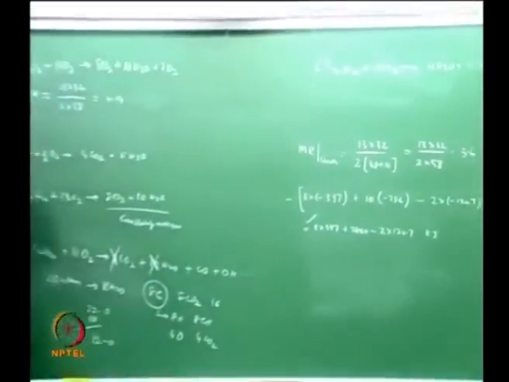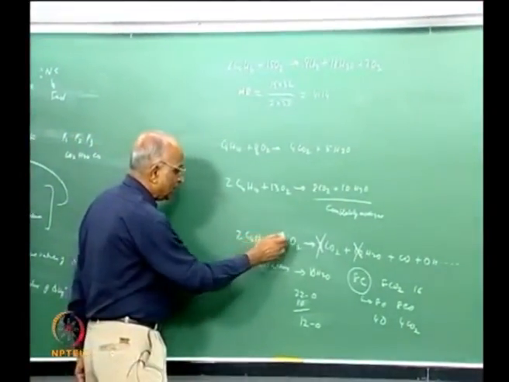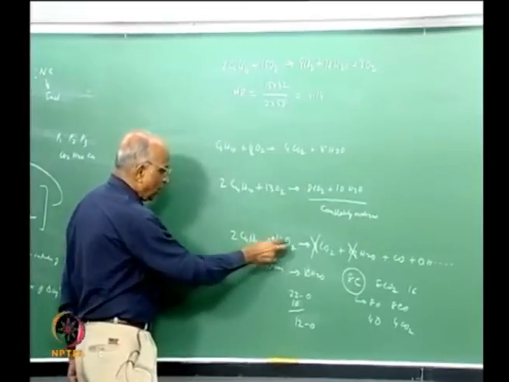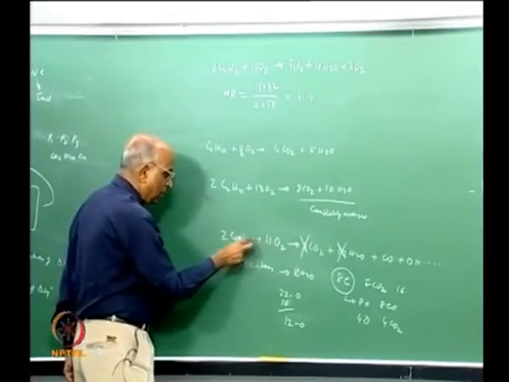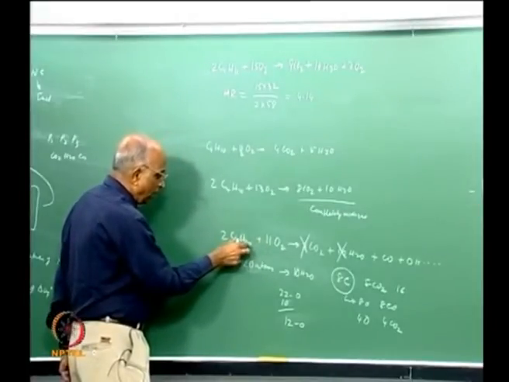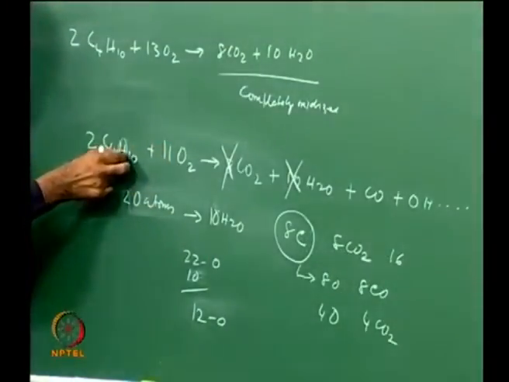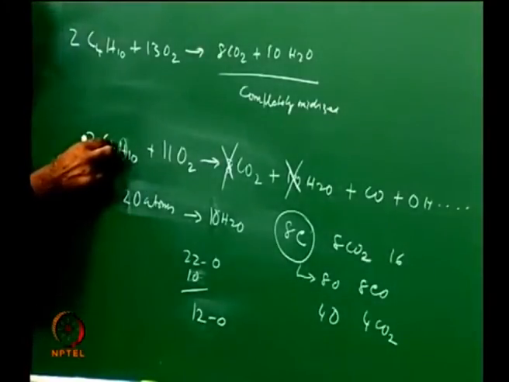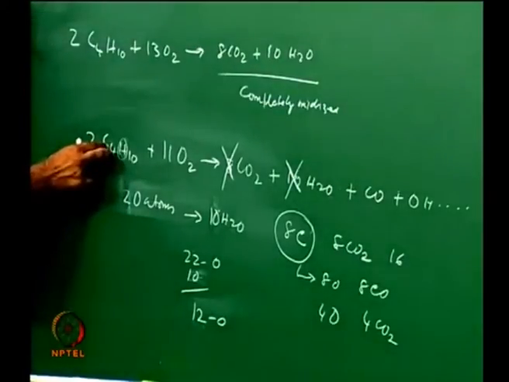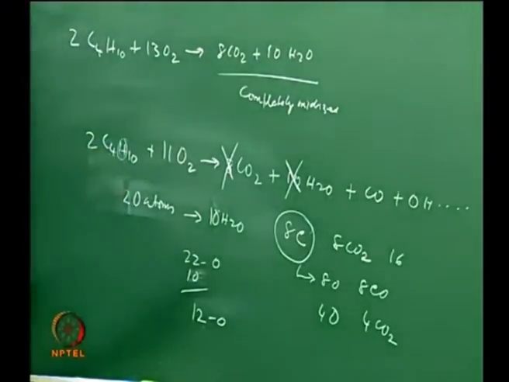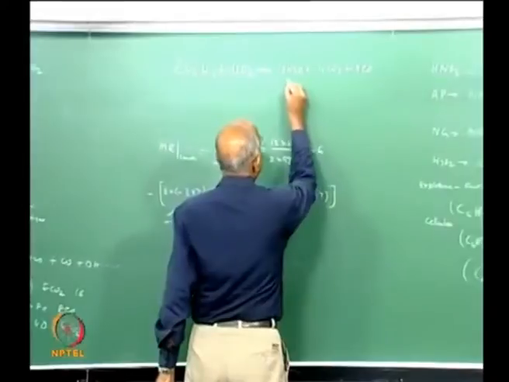Let me repeat it. Some of you have done it in your explosion course, but all we are saying is that when there is insufficient oxygen, first the hydrogen removes the oxygen because hydrogen is very reactive, and all the hydrogen gets oxidized to form water. The balance of oxygen oxidizes the carbon to form carbon monoxide, and if some oxygen is still left, part of the carbon monoxide is converted to CO2. I think you all should practice this.